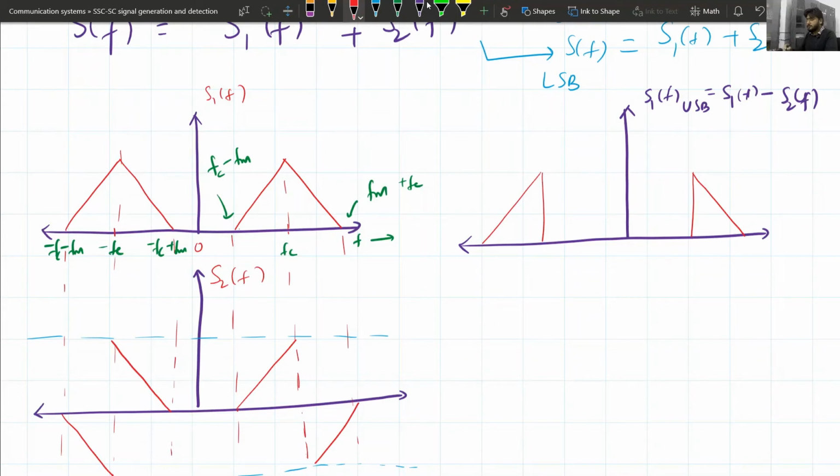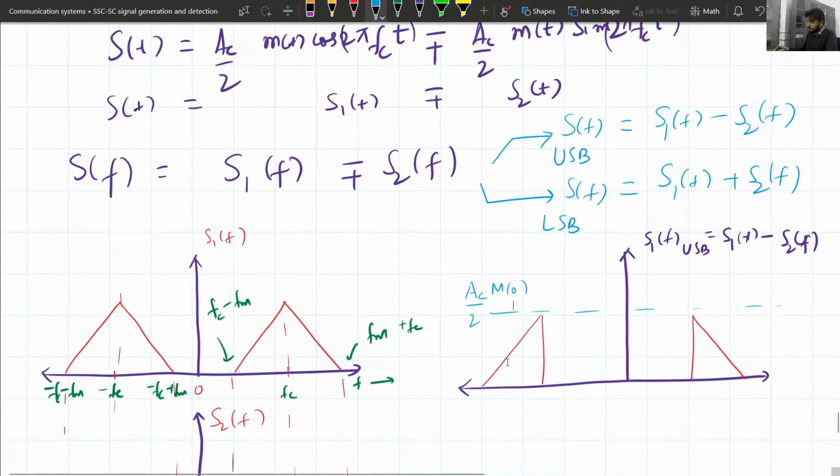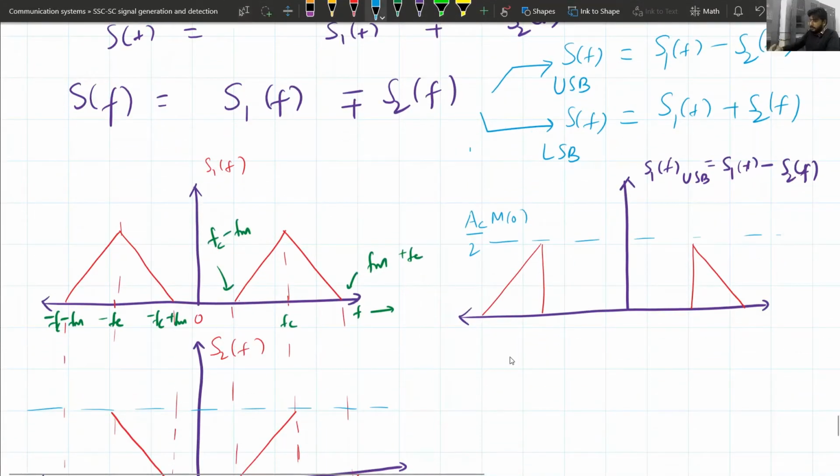This will be the case of the USB SC signal. Magnitude will be, so they are adding up, AC by 2 and not. And for the